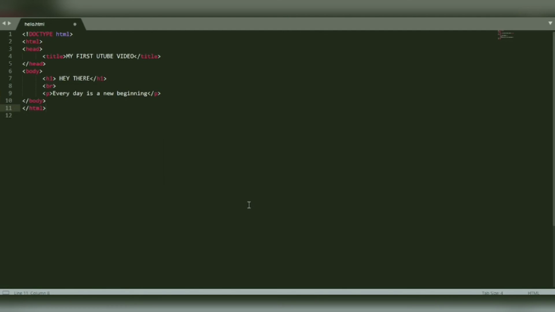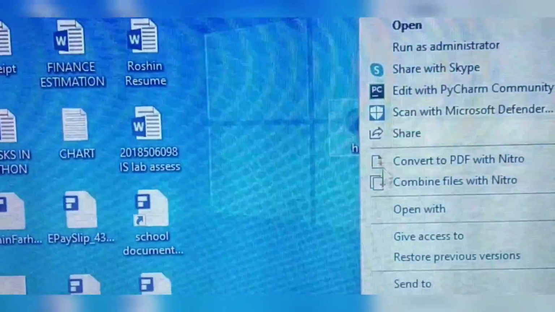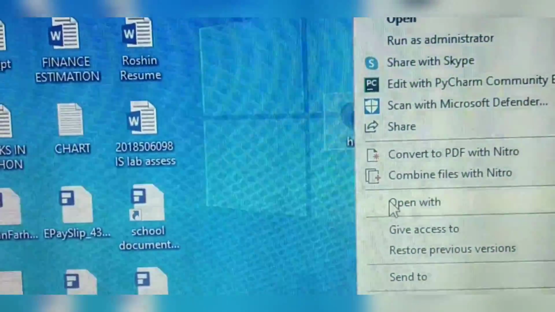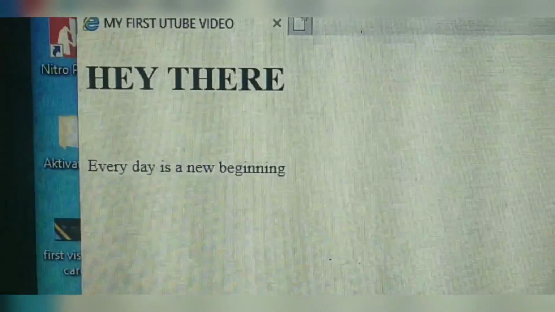Now I'm just going to make one change in this program. Instead of BR, I'm going to put BR, and after that I'm going to put a /, and then I'm going to press Ctrl+S and save the file. Now let us see the output. We have got the same output even for this.